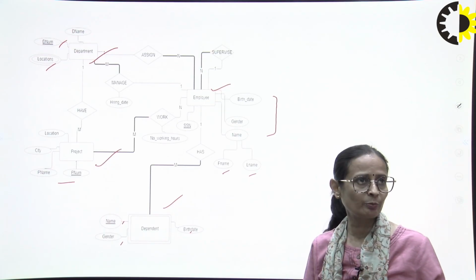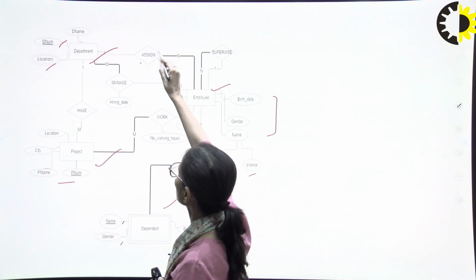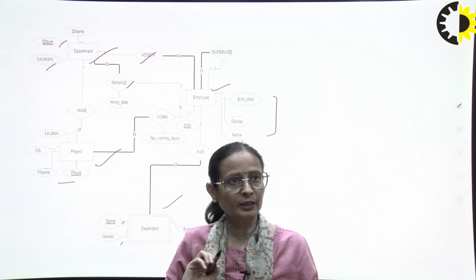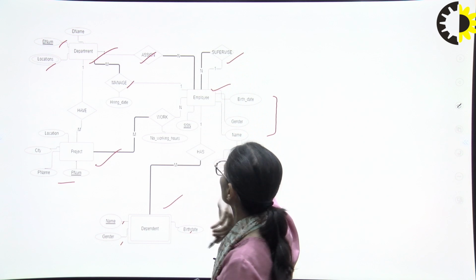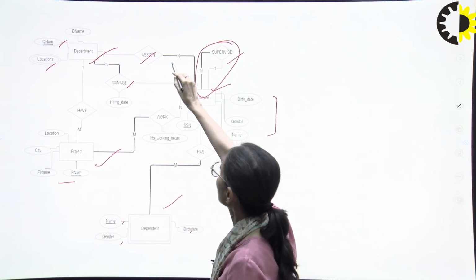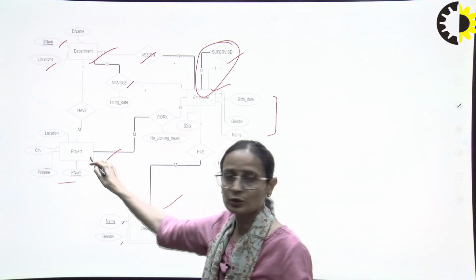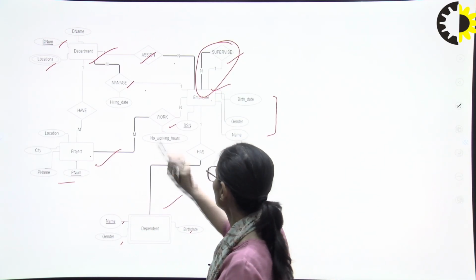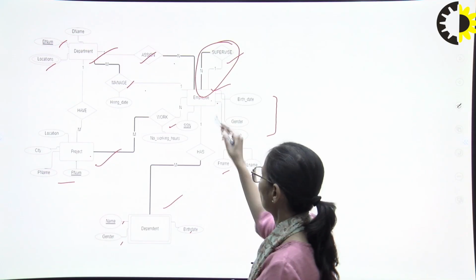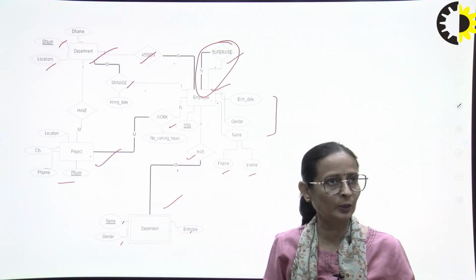Now come to the relationship part. Between department and employee, we have the relationship assign, as well as manage. That is your manager. Again, each employee has a supervisor. So this is the relationship. In this case, this is my unary relationship. This is my binary relationship. Again, this is the binary relationship. Each employee works on a project. So this is the work relationship. We are maintaining the dependents of employees. So this is the has relationship. Each employee has multiple dependents. So we have a 1 to M